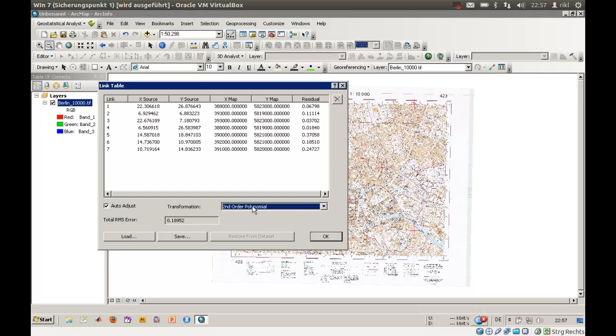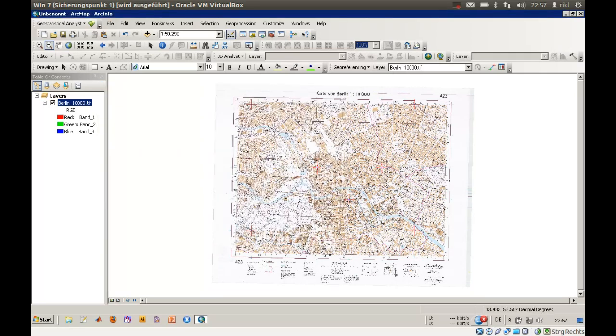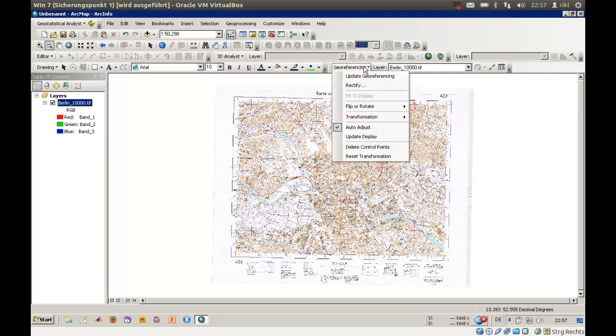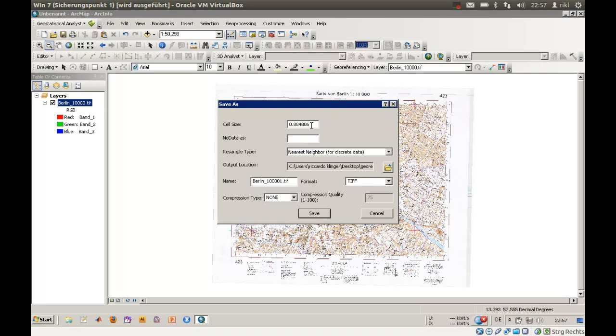I also can choose a second order polynomial, which will reduce the RMS error once more, but I think I will stick with the first order polynomial. You just press OK. Now you have created the reference set. What I'm doing now is I will go to georeferencing, say rectify, because I would like to calculate the new cell sizes. I will go with a cell size of 1 meter, and I would like to use bilinear interpolation. If you're not sure about the differences,